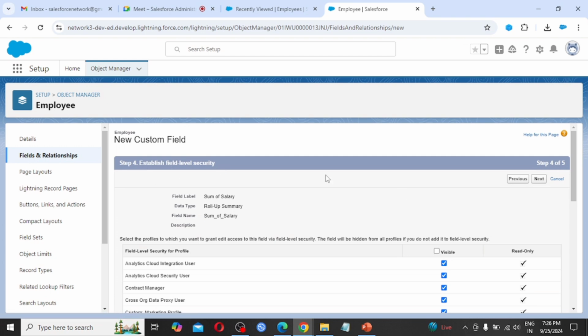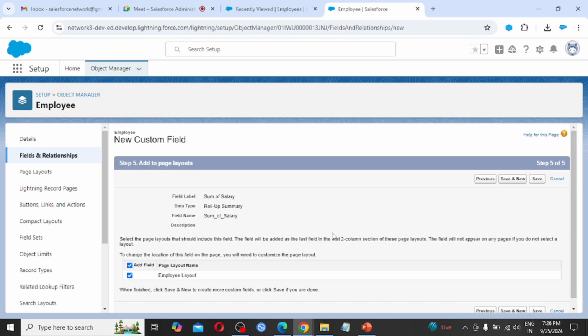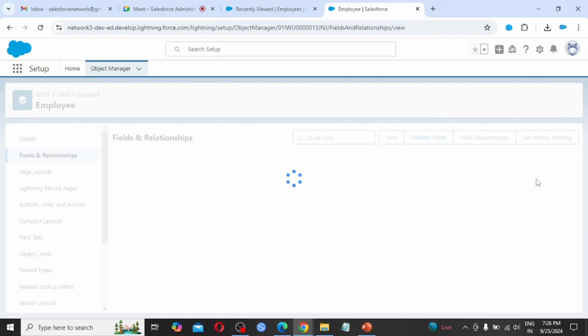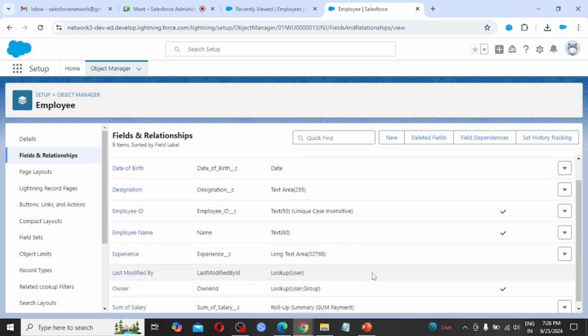Establish field level security. I am going with default. Add to page layouts. It is getting added in the employee page layout. Click save, as I don't want to create any more fields. So we have created the field.